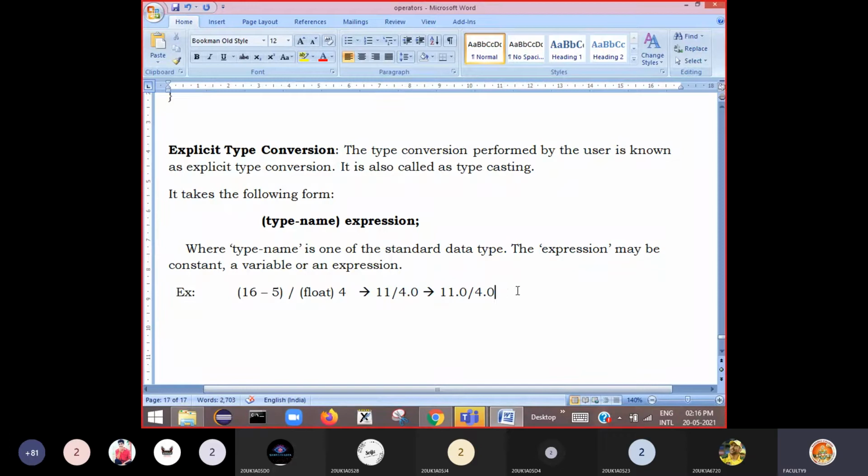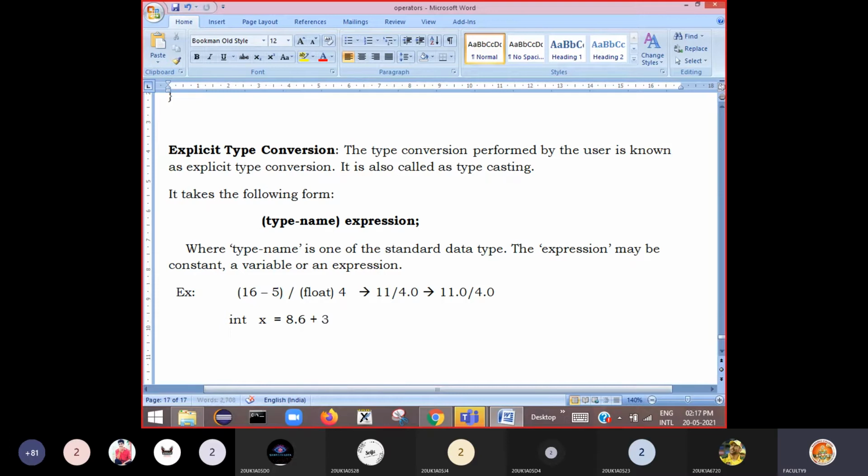Okay, clear? Right? So another example: if you want to store something, say int, I have some variable x. So x is equal to something like 8.6 plus 3.4.